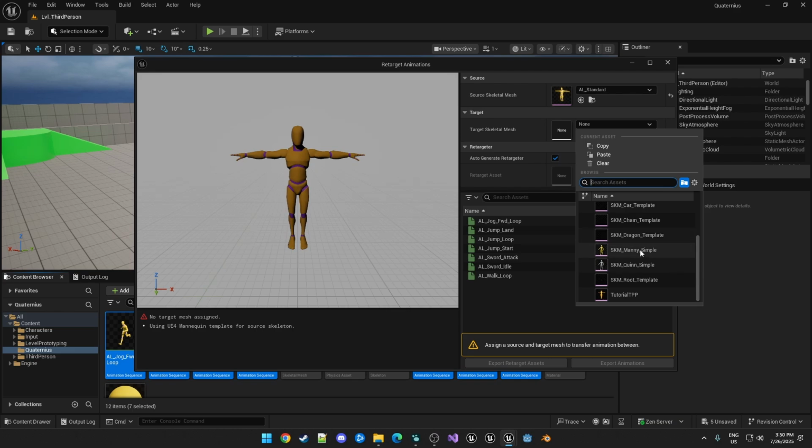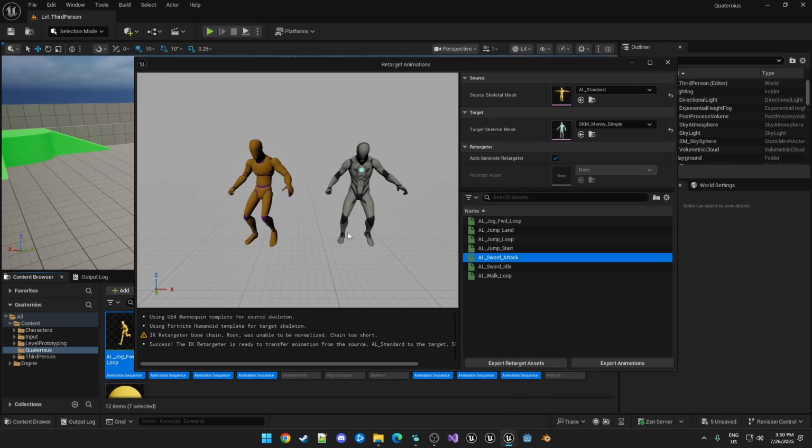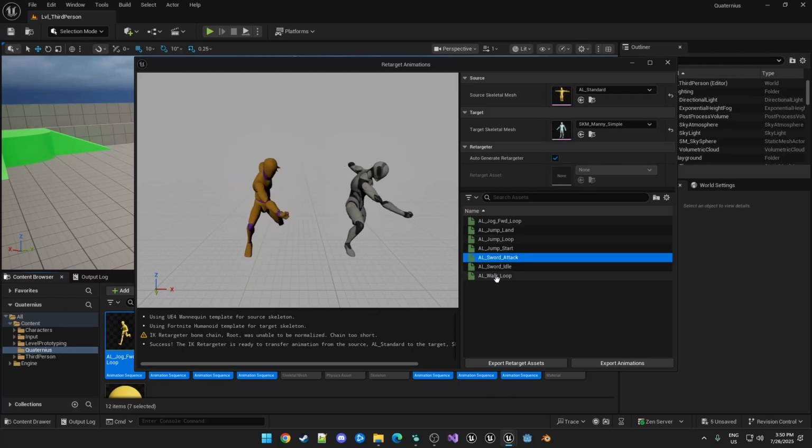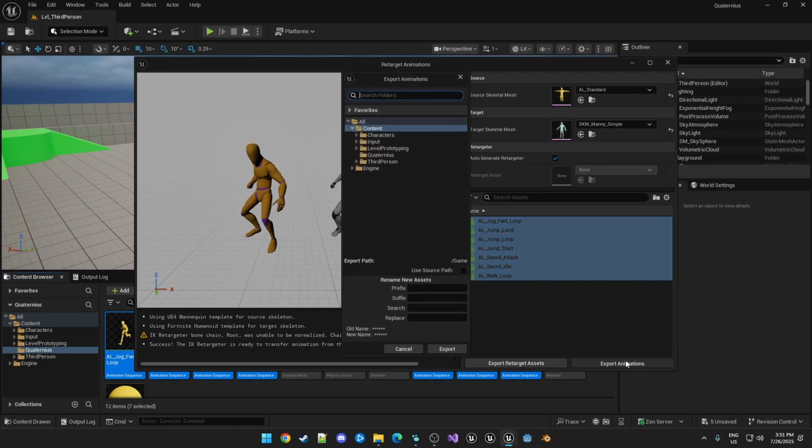Sometimes you'll get a pop-up when you're hovering over this that will show you that the skeleton used for this skeletal mesh is sk_mannequin. That'll come in handy later. So we select that, and it immediately pops up this over here. If we double click one of these, it'll show the animation between the two, and you can see how well it's working. So if we want to then just export all of these animations, we select them all, hit export